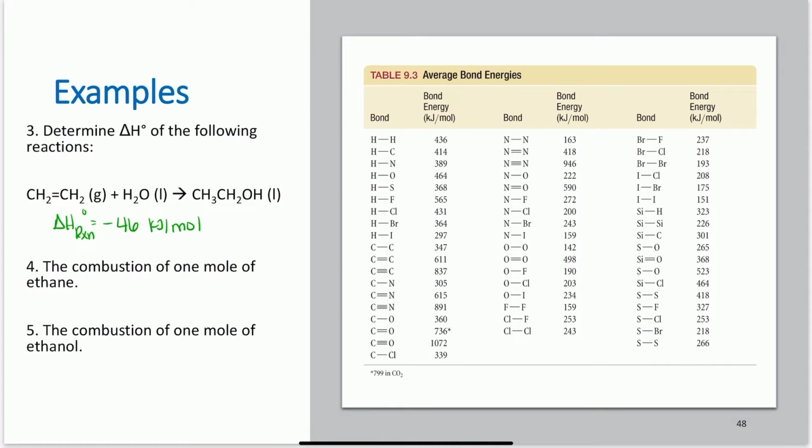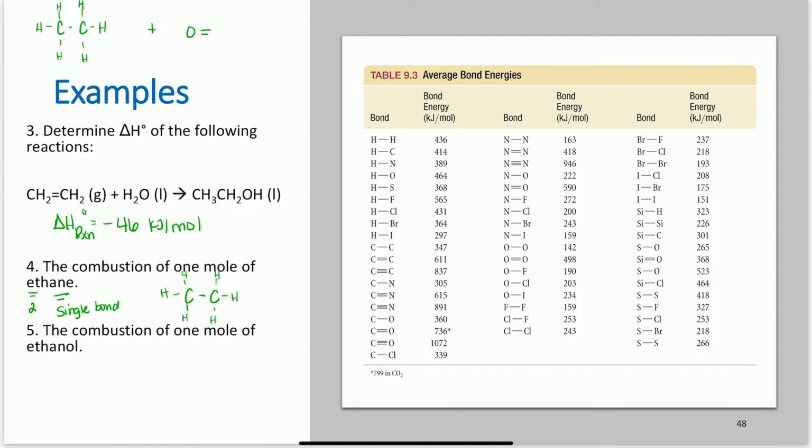The combustion of 1 mole of ethane. Eth tells me 2, ane tells me single bond, which means carbon-carbon, 2 carbons with a single bond in between. So let's write that up here. CC, H, H, H, H, H, H. So C2H6